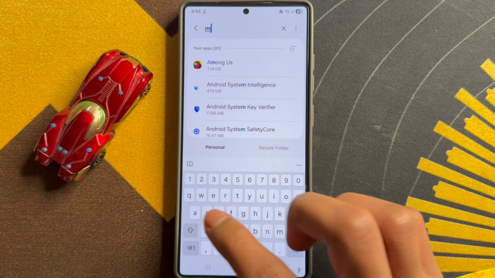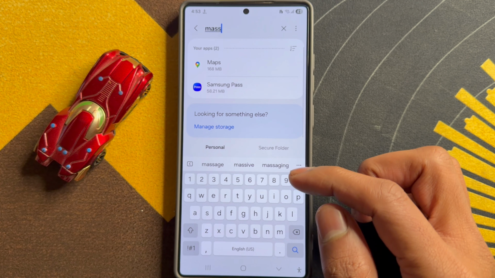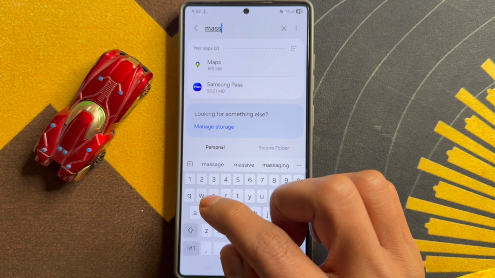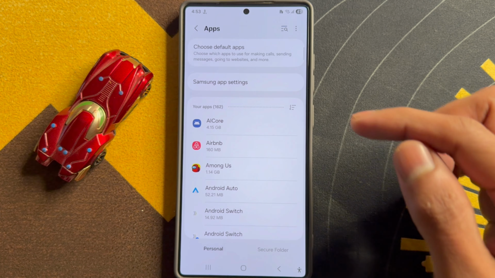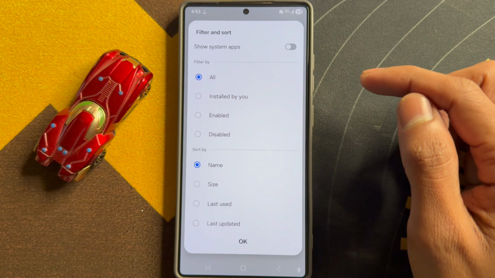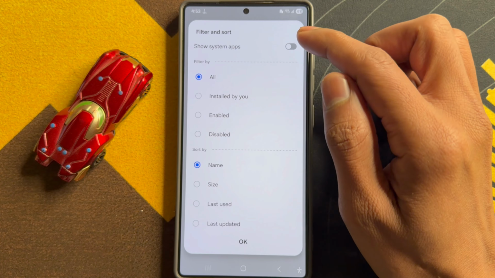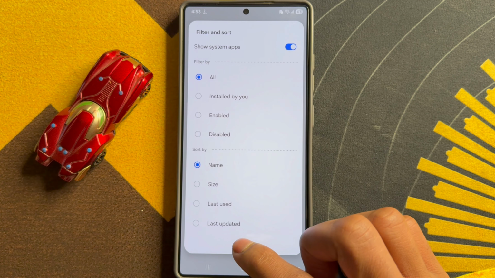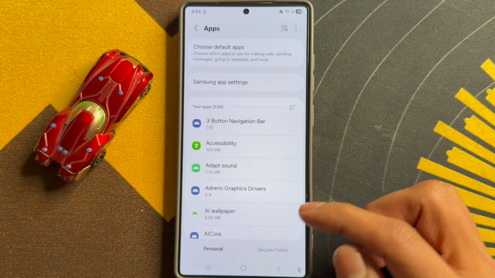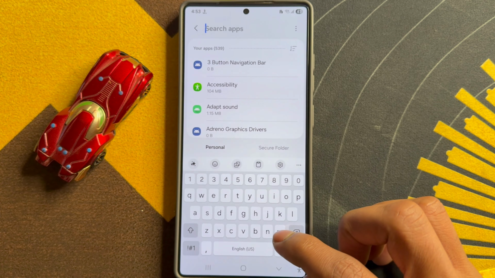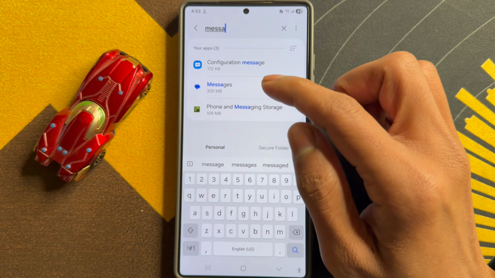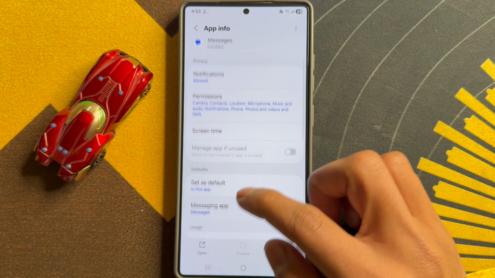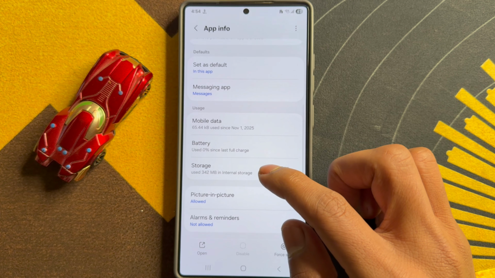search messages, so, go back, click on three lines, turn on show system app button, click on OK, search messages, click on messages, scroll down, click on storage,